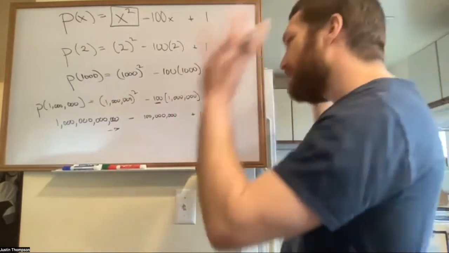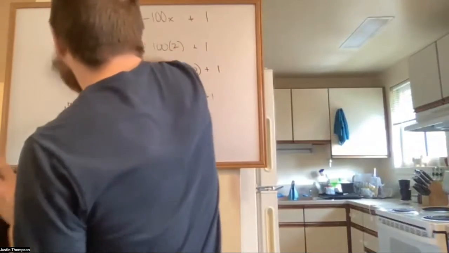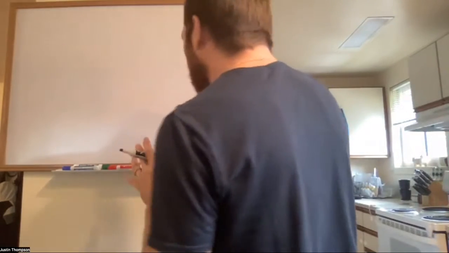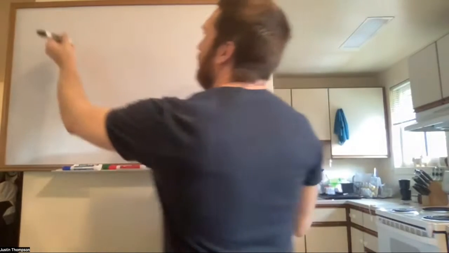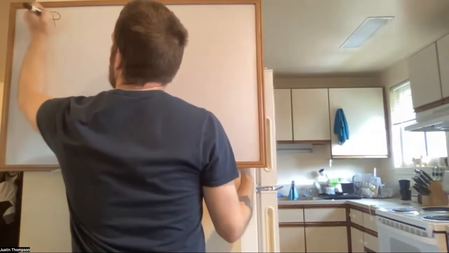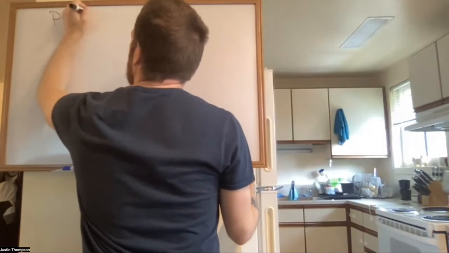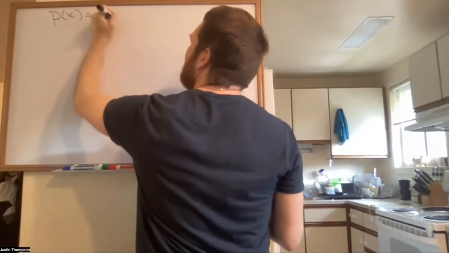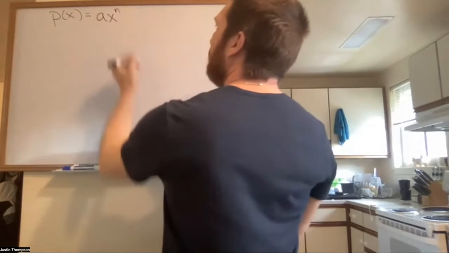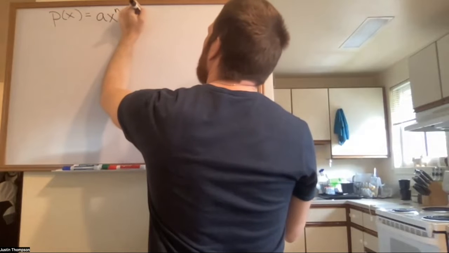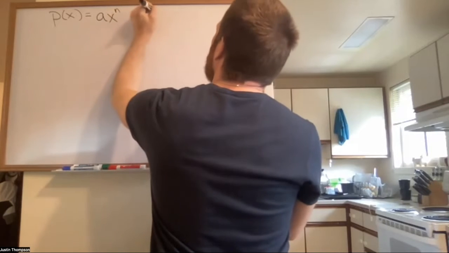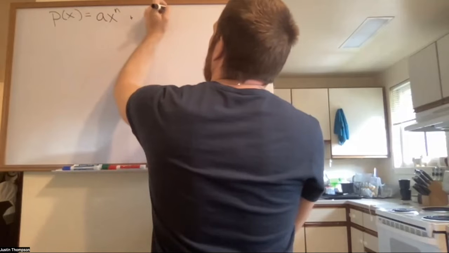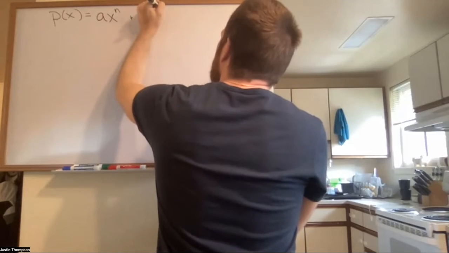And so that was a specific example of what we're going to be talking about here. And that is this. So let's write out a kind of general polynomial. I'm going to say some number a times x to some power n plus a bunch of other stuff. And then finally, we end up at, let's call it b